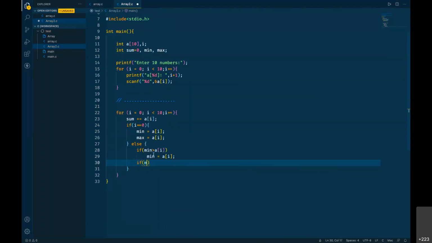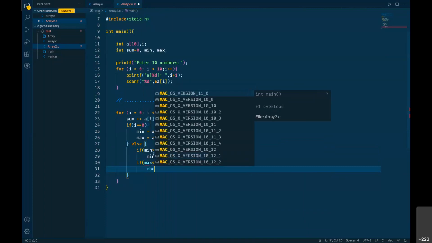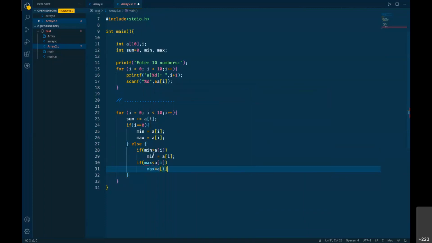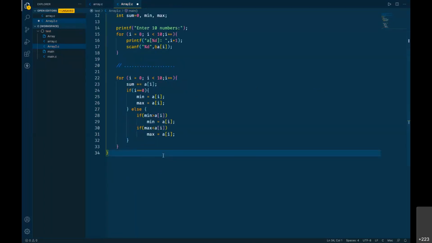If the current max is less than a of i, then we found a new max, so we will be updating our max equals to a of i. Right? So this is to find out if you have a new minimum or new maximum, and this for loop is going to give you all those calculations.